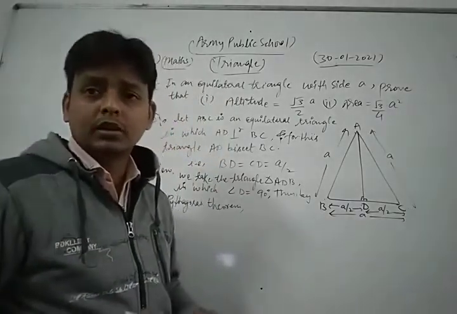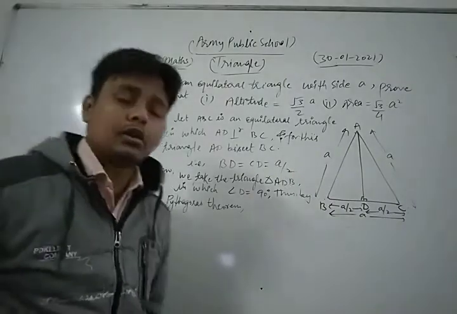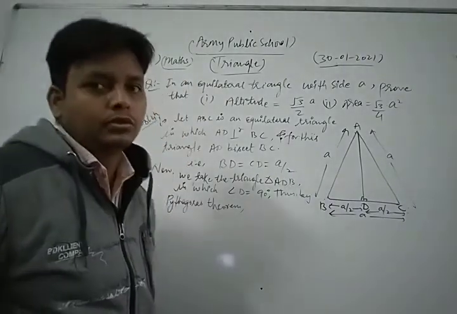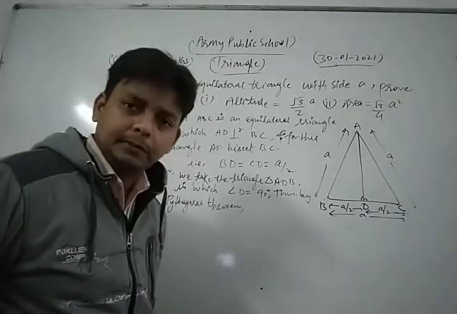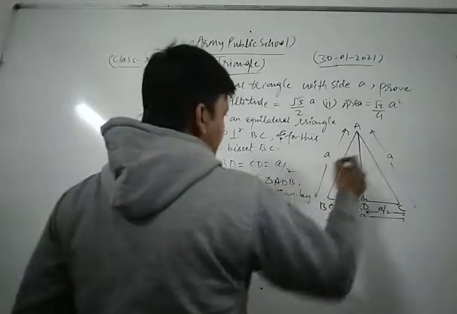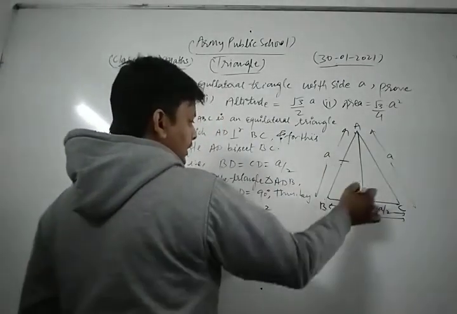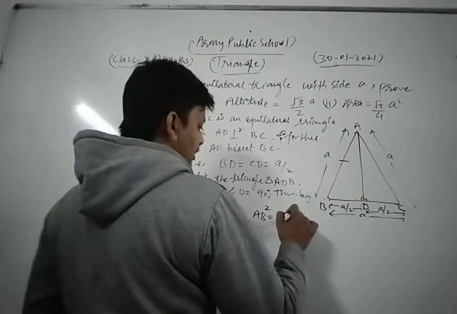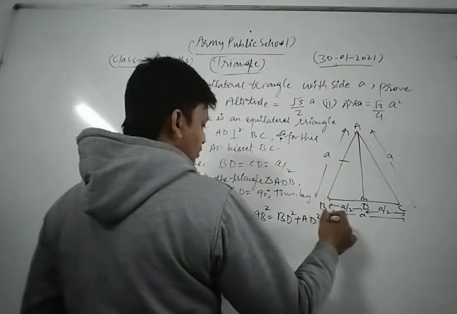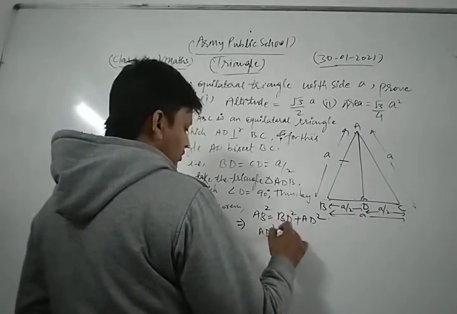The hypotenuse square is equal to the sum of the squares of its base and its perpendicular. So according to that concept, we apply the same formula. Now, AD square is equal to, this is the hypotenuse for that triangle, and this is the base, BD square, and the altitude, AD square. Now for finding the altitude, we write AD square is equal to what?